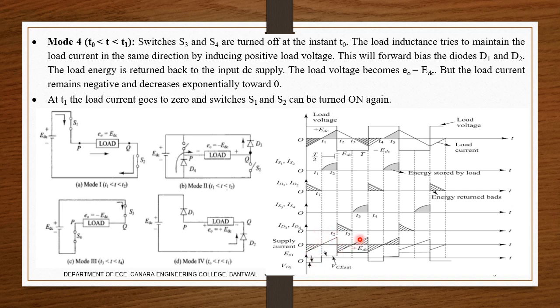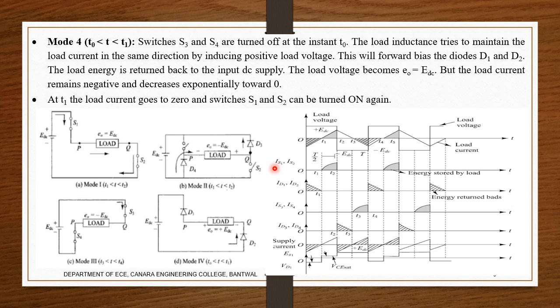This is the supply current here. The flow of the current will be, you can see here, this is the energy stored here, which will be the same. So it is showing the load current here, and this is the load voltage there. The output voltage becomes minus EDC, but the load current will continue to flow in the same direction through